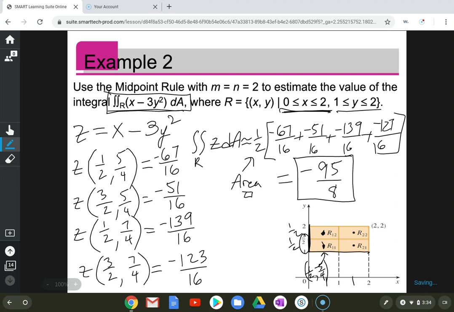Now, obviously, you know that integrals have more meaning than just area and volume, but in this unit, we are going to focus primarily on integrals that give us volume. We are going to spend a little bit of time on a couple other applications, but most of what we're going to do in this unit is going to be using these double and triple integrals to find area and volume. So today we are just approximating. Tomorrow we're going to actually evaluate the integrals and find the exact volume. Hope you all have a great